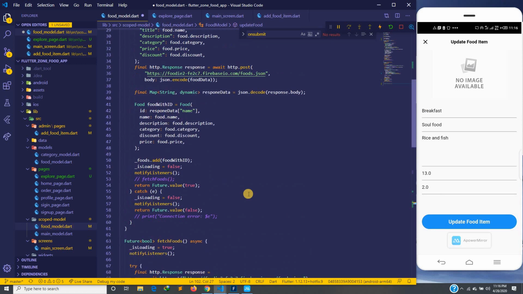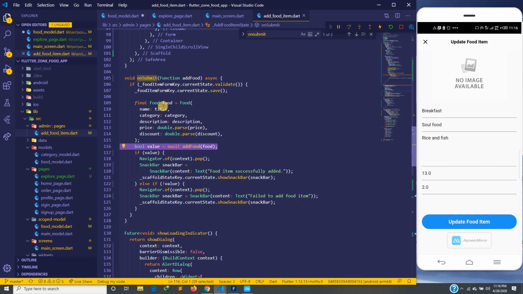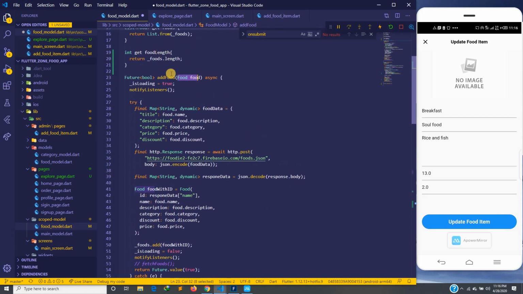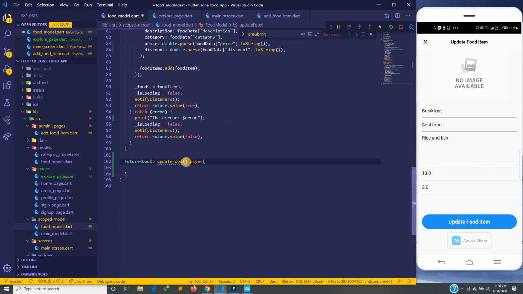And you know what I'm going to do? You see, previously we were passing the food item there. So if you go into the add food item here on the page, we create an object and then we pass it there. I'll change this in the future because I don't like this idea that we have to create an object before we pass the object to that place, before we will go there and then create a map, and it's a whole lot of mess. So what I'm going to do here is, instead of this time accepting an object, I'm just going to accept a map straight from that place. So I'll go ahead with a map and then string,